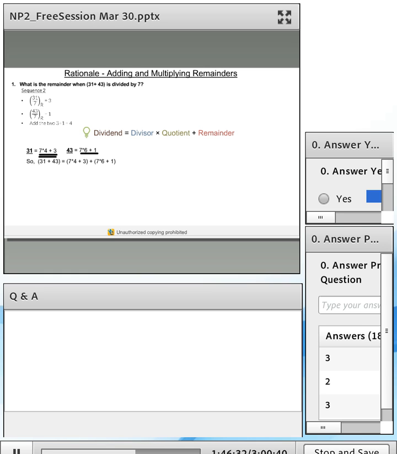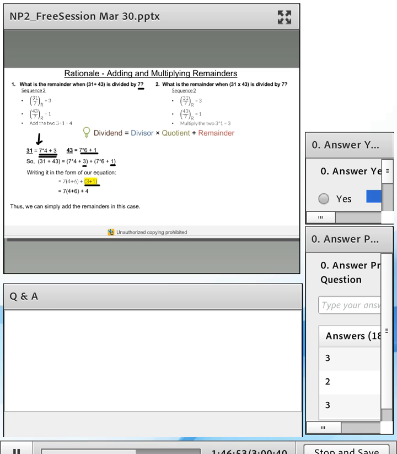Okay, so I'm just expressing it again in terms of a divisibility equation with divisor as 7, because that is what my concern is. Then I add the two terms, and then I write it in the form of our equation, and what you see is that it's simply adding the individual remainders that I get for the individual terms. The same thing applies for the multiplication case as well, and you'll see.